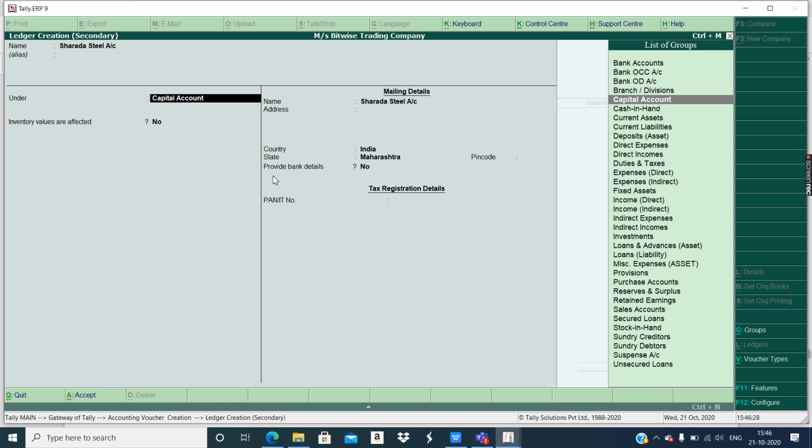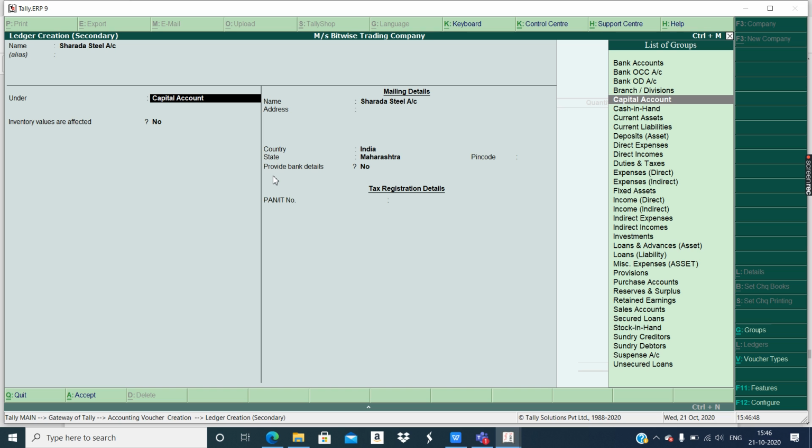That's why this rule is followed: from where we purchase, we always have to credit them. So here we are going to follow the group. Which group should we follow? Sundry creditor. Because we have to credit Sharda Steel's account.